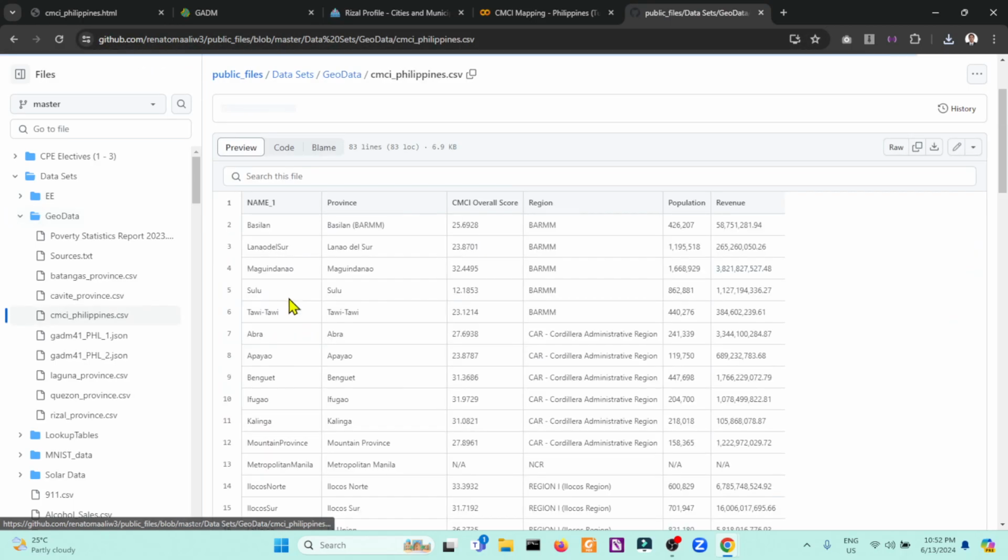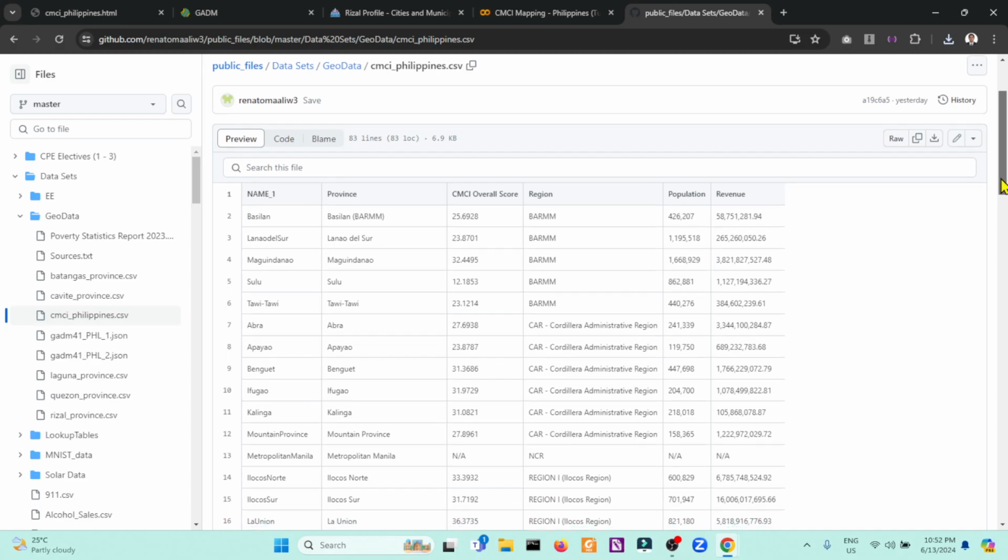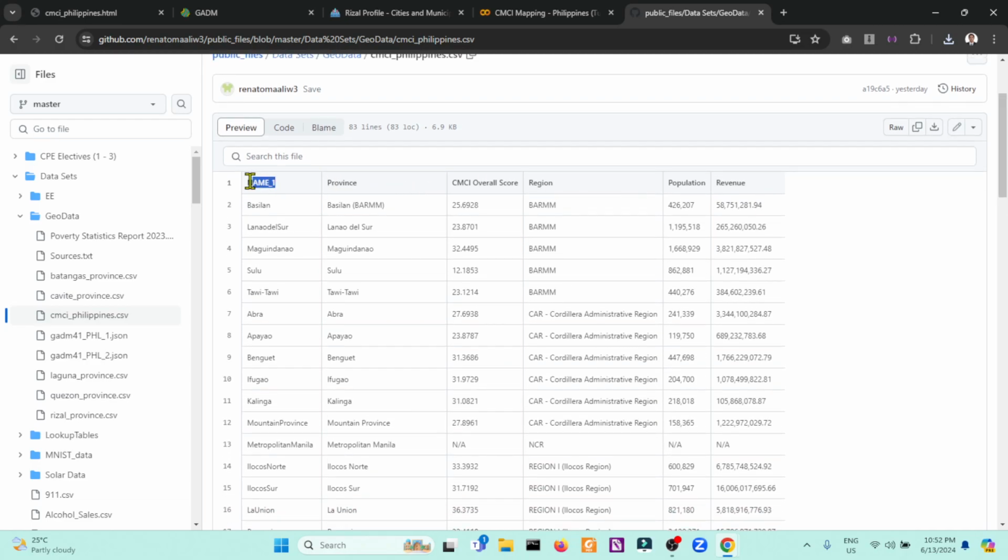So here is the data of the cities and municipalities competitive index with name 1 similar to the JSON files from GADM. So this will be our, if you know databases, this will be the primary key.